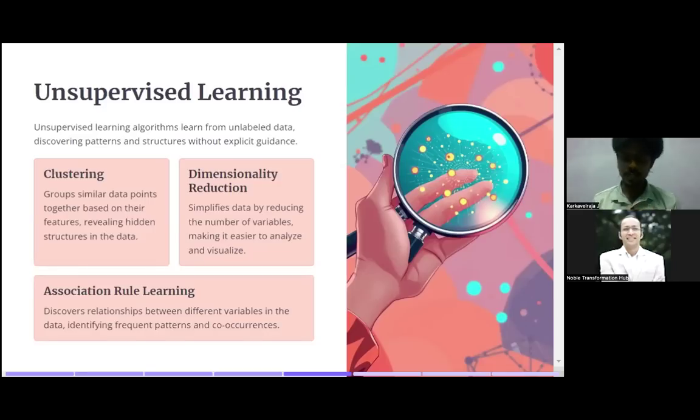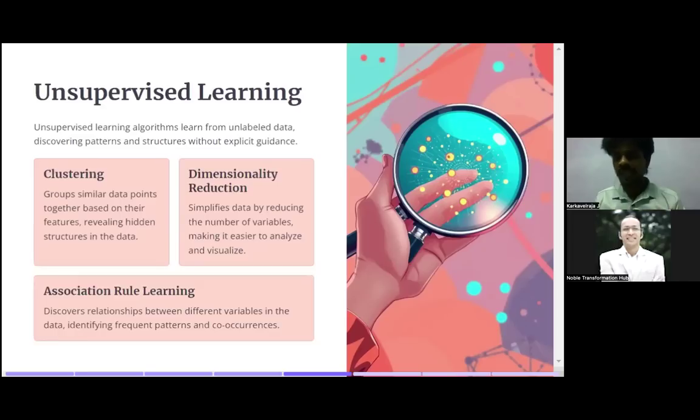The same example: you have an apple and you have a banana. The machine itself takes the apple and, just by seeing it, notes that it is red in color and circular in shape, so it keeps it in one category. Then it takes the banana and sees that it is not circular, it is yellow in color, so it puts it in a different category. It will just categorize, that is, cluster the things, but it doesn't know the exact name of it.